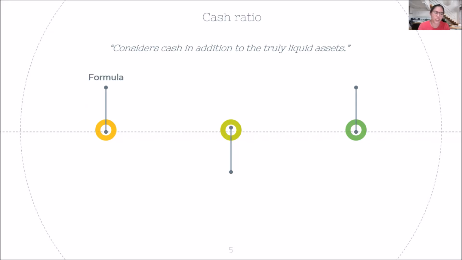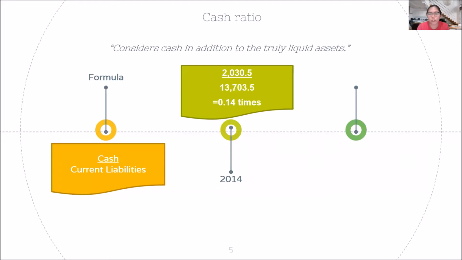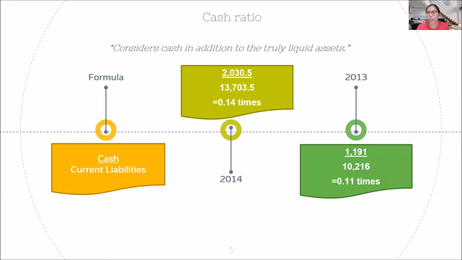So let's try to check. So the formula, of course, is cash over the current liability. So ito actual cash na. How much cash can we pay? Or our ability, no? Anong percentage ng mababayaran natin? How many times of it? So in 2014, we computed 0.14 times. We could pay it. And of course, in 2013, it's 0.11